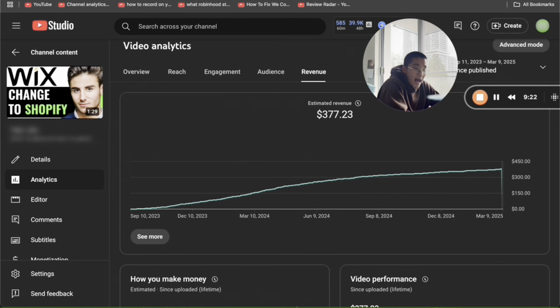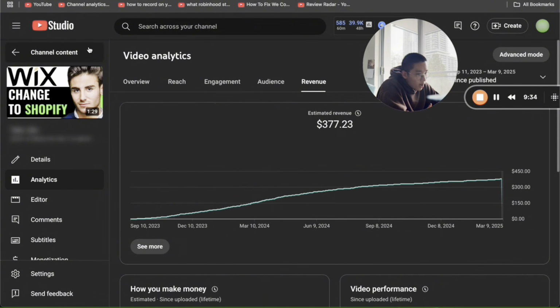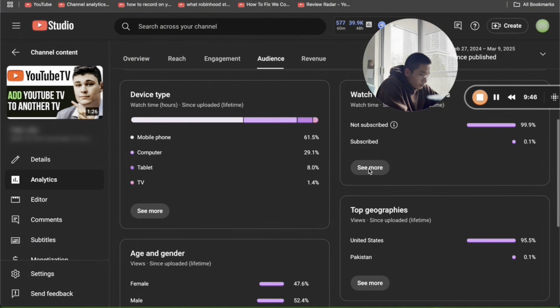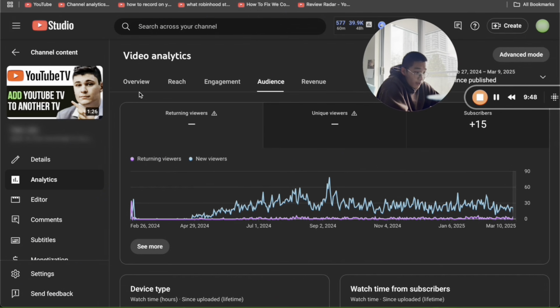As time goes on, it is inevitable for someone to mess up something on the Wix website and then feel like they want to change to Shopify. And thus, I supplied for that demand. It's a super high RPM piece of content because it's based around business. It's based around making money and finances. And that's how I was able to get a really high quality audience, I guess, that has money to buy whatever ad is getting placed on the video. So same deal with this piece of content as well.